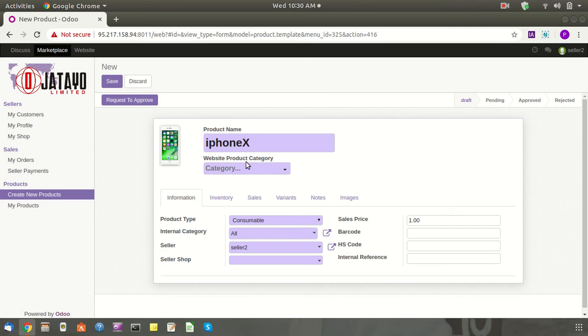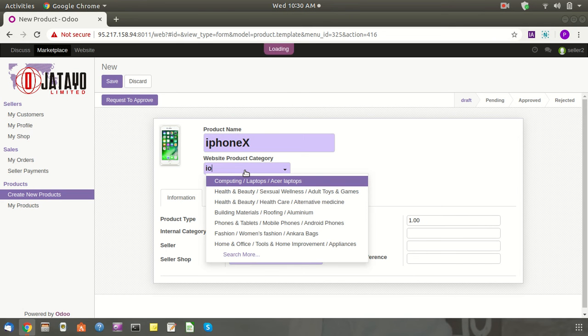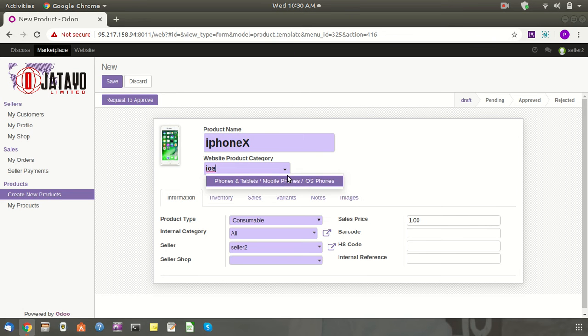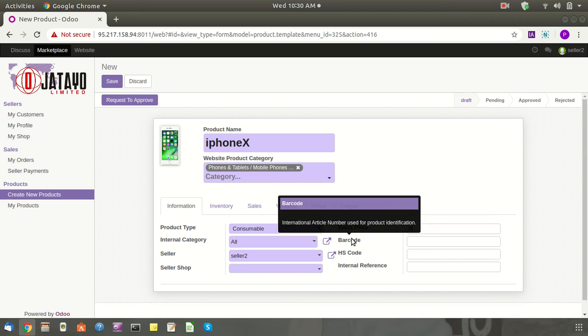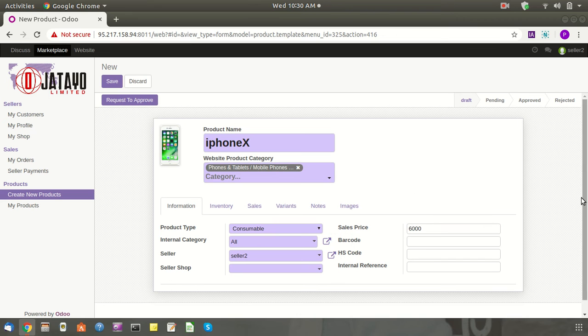This is iPhone X, category iOS. Okay, seller price 6,000 naira, barcode, reference, this one, seller shop Anjali Private Limited. Okay, save.